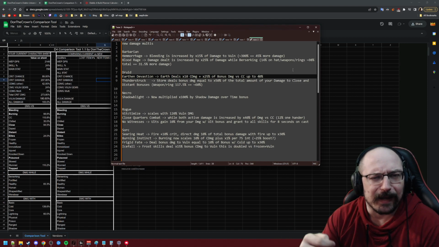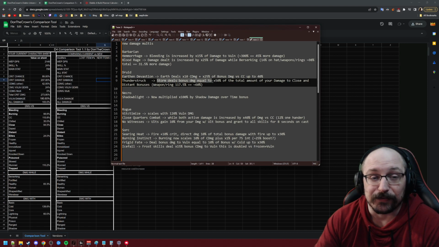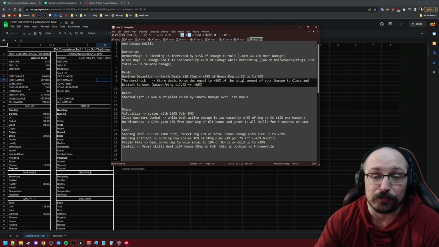Now, some of these are capped and some of them don't appear to be capped. I'm not really sure why they chose to do it that way, but just how it is. So Thunder Strike, for example, makes it so that storm skills deal bonus damage equal to like 50% of your total damage